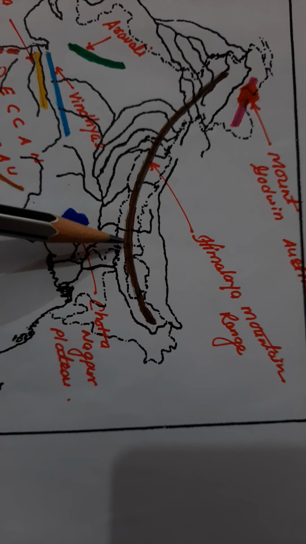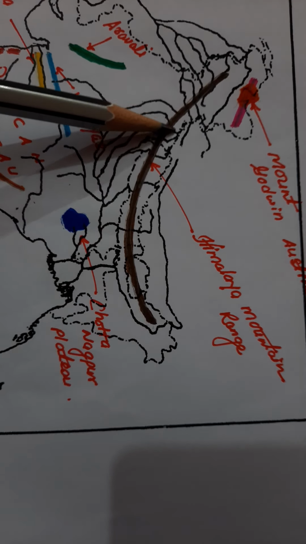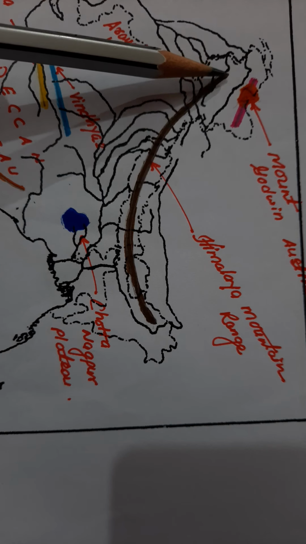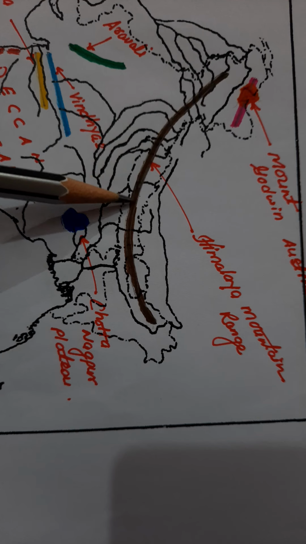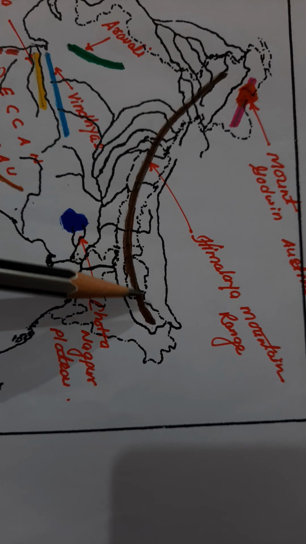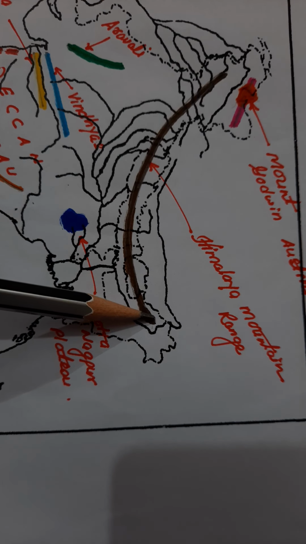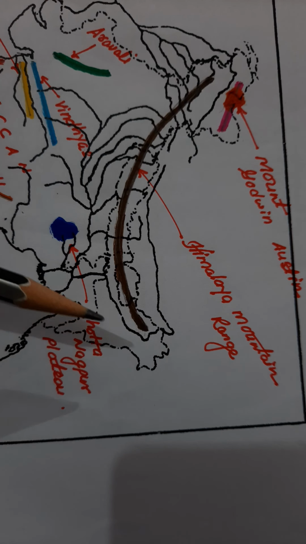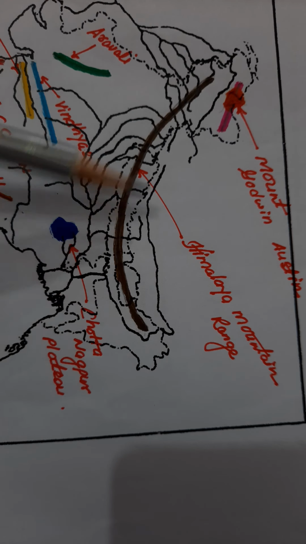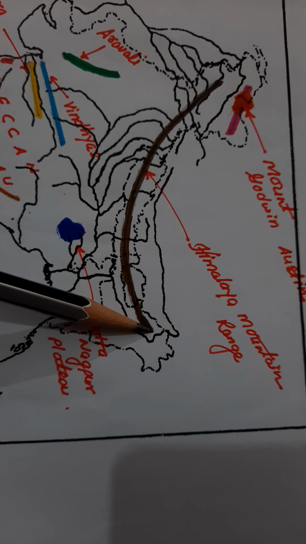But remember, you only cover the hilly or mountainous area, like Jammu Kashmir, Himachal Pradesh, Uttarakhand, then Nepal, Sikkim, Bhutan and Arunachal Pradesh. So here is the Himalaya mountain range, and you can show it in an arc shape,